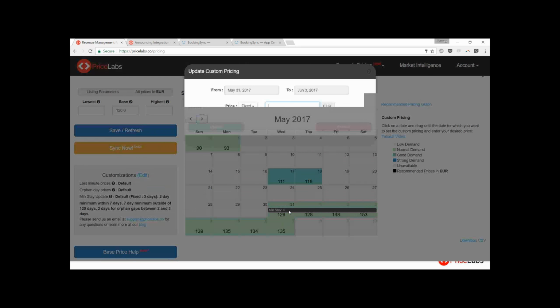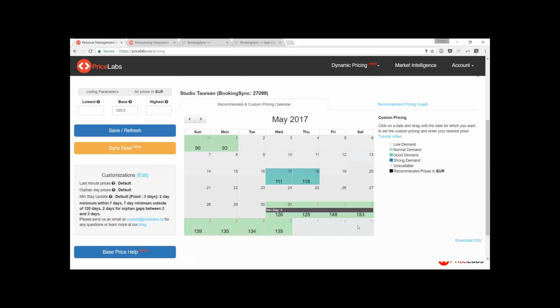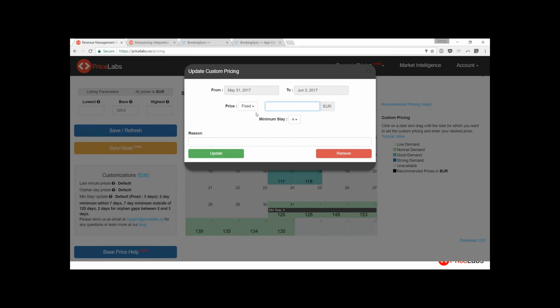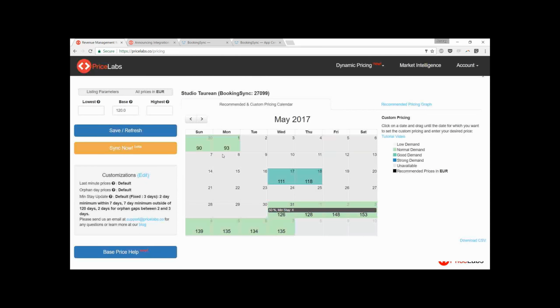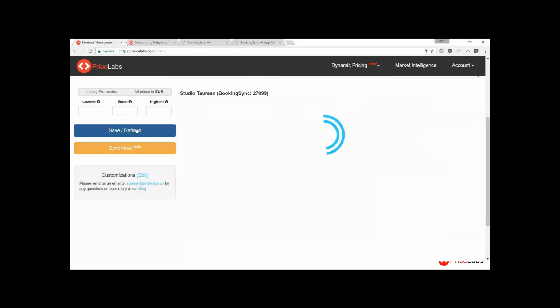You can also say, if there is an event coming up here and our market data doesn't show it, but you know that you should be increasing your prices, you can say increase my prices by 50% and update it. So now the rule says 50% increase and minimum stay of 4. And if I save and refresh again,